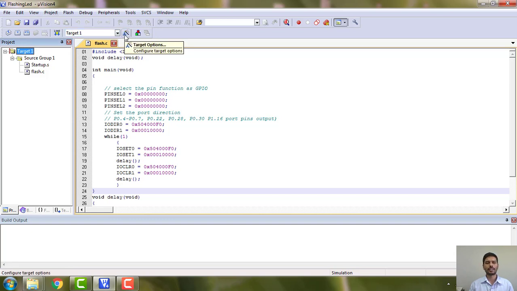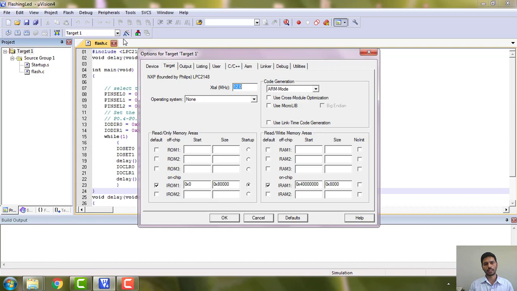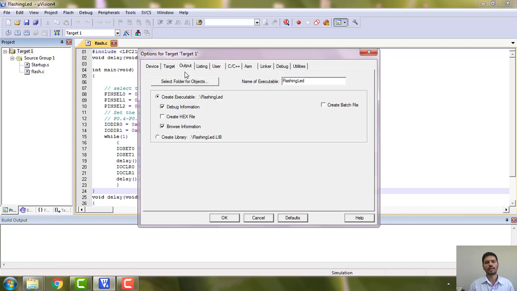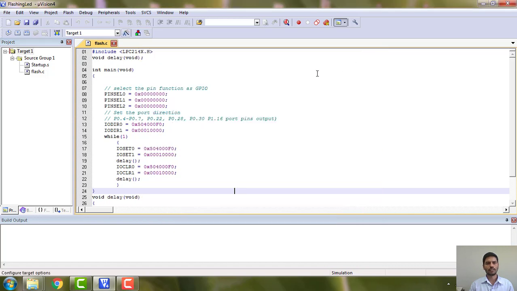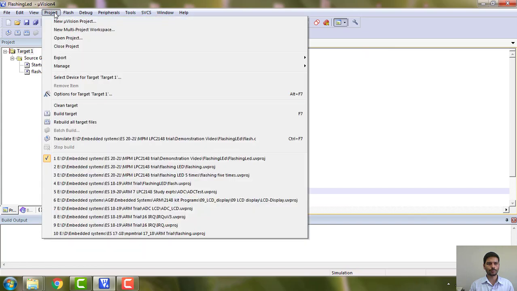There are some settings that we need to do before downloading and all. So before building itself, I am trying to set this up. Go to options for target 1. You can find the shortcut here, or you can go to project and find this here.